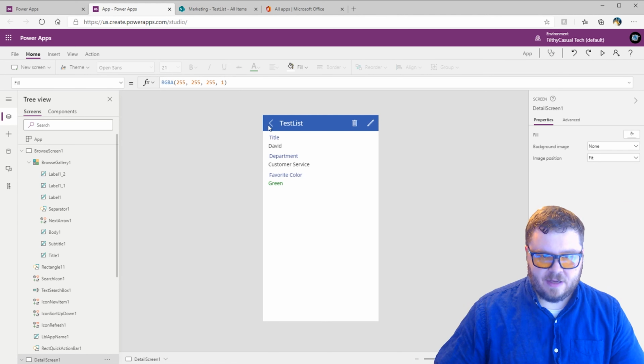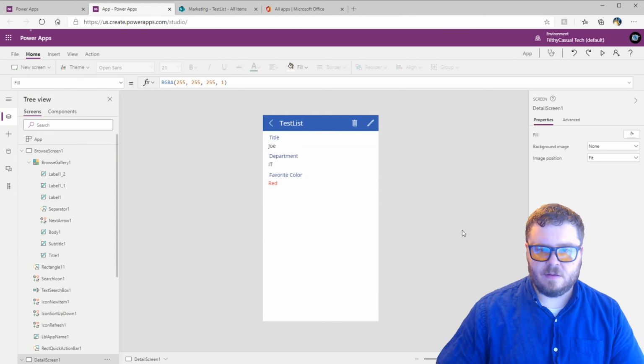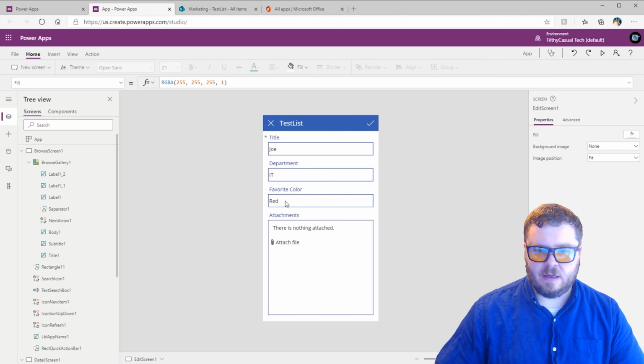And this should apply to anything. So another good trick when you want to test out a button or something in the actual app without clicking play, you can hold down Alt and then click on an item. You see it went back to the previous screen here, and I can use this to also just select something else in here. So I'll select Joe from the list. Now, if I want to delete a record, I can simply click on this trash can. If I want to edit the record, which will also update in the list in SharePoint, I can click on this icon here